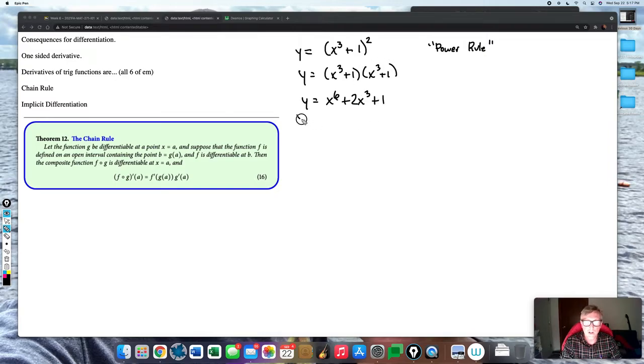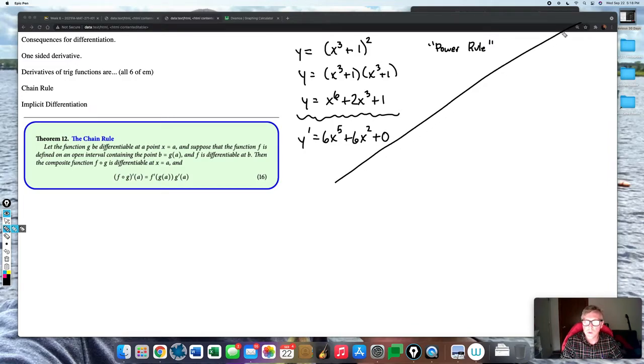All right, now that we've done all our algebra, we can do calculus with the power rule. So this is 6 times x to the 5th plus, all right, 3 gets to be moved down times 2, that's 6x squared, and then the derivative of 1 is 0, right? And that's a correct derivative, okay? Now, this is the power rule. So if we did this with the chain rule,